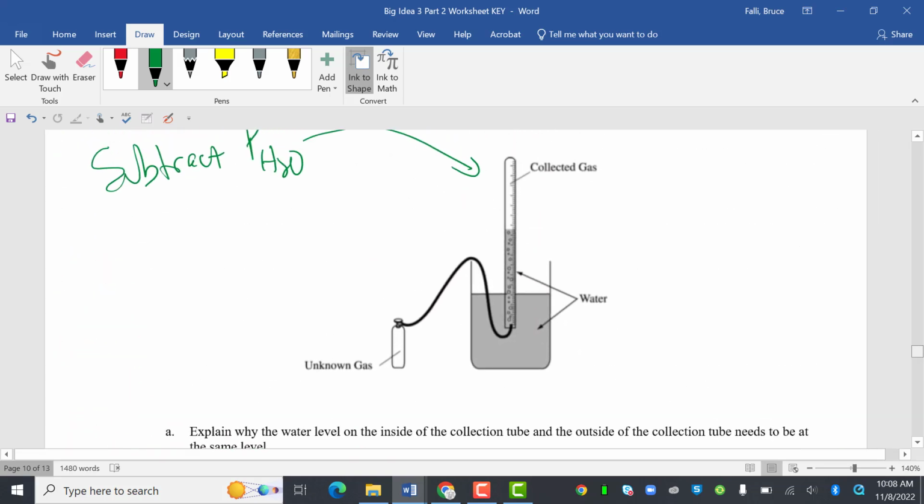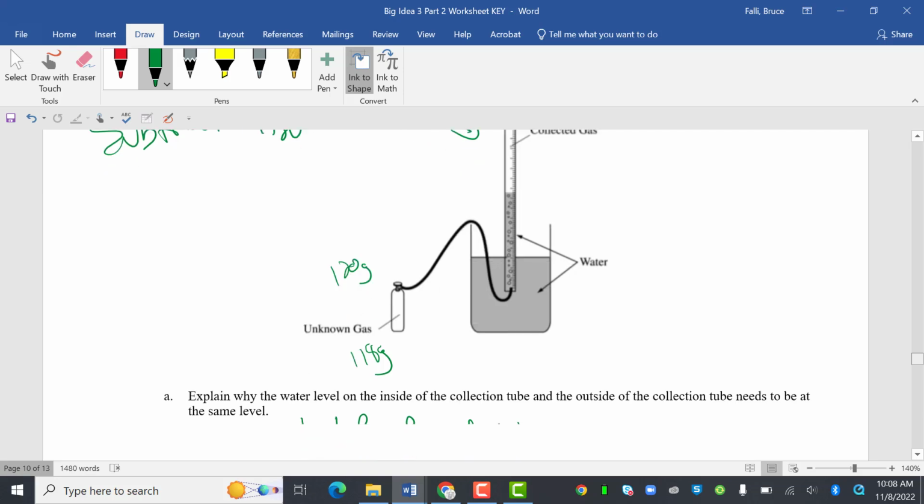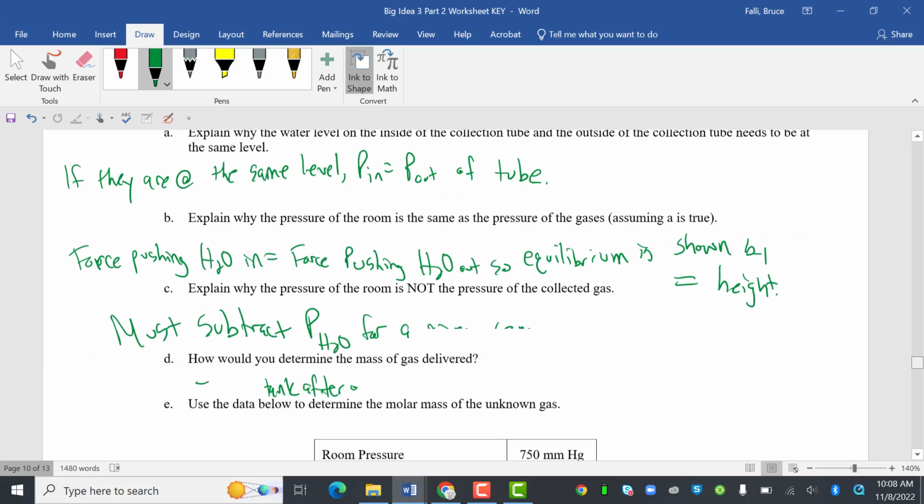So let's talk a little bit about what's happening here. What happens here is it starts out where this is all filled up. I turn on my little valve, and then this comes all the way down. So if I let this run for 10 minutes, the mass of it when it starts might be 120 grams, and the mass of it when I was done might be 118 grams. That means the mass of the unknown gas that we put in was 2 grams. So,